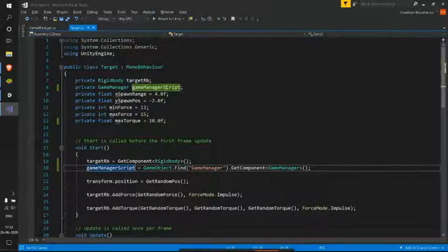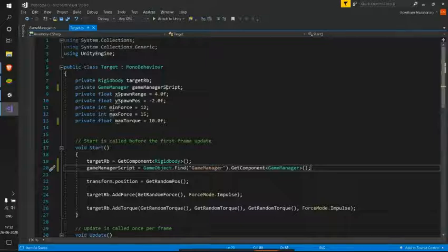So see, with this, on this particular line, we have accessed our game manager game object, and later we have got this GameManager script component from this game manager game object.